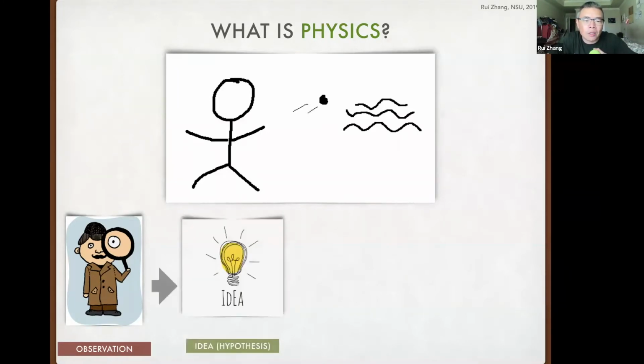And so based on your observation, you could come up with some idea. Sometimes they're called hypotheses. In this case, the simple idea you can get is that whatever you throw into the air is going to go back down to the ground. Okay, so that's the idea, or you can say this hypothesis. You may feel this may be true not only for the stones you threw, but for other things as well. So how do we verify this idea?